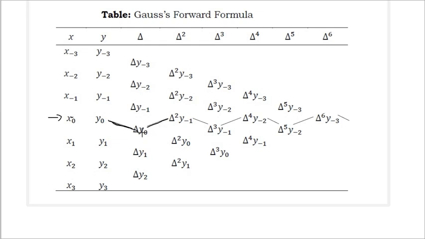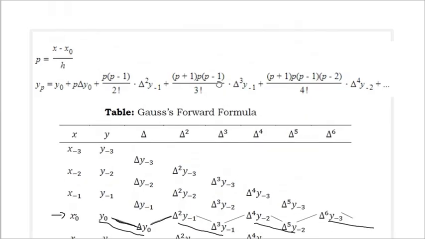If you write the table in this way, you'll come to know first these two terms will be based on y naught, and the next two terms will be based on minus 1, and next two terms minus 2, and next two terms you can see they will give you minus 3. And you see the formula here,